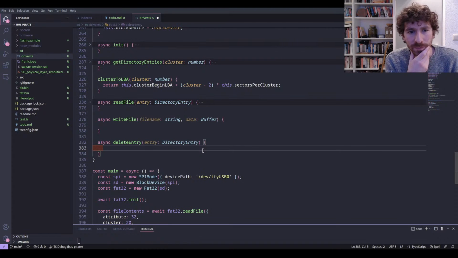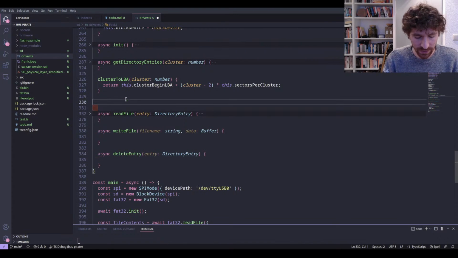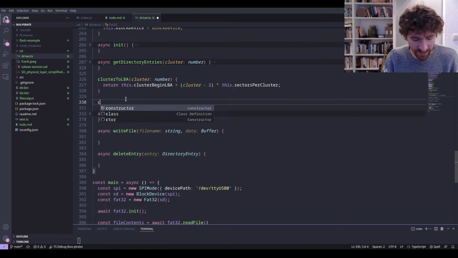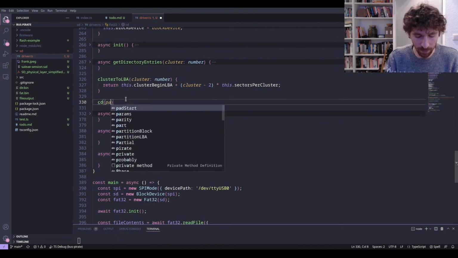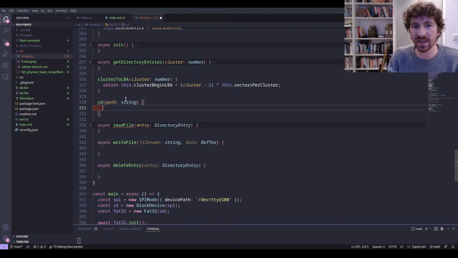I'm not sure if I'm going to do more videos in this FAT32 series itself, or the SD card part, because I feel like anything else is just going to be tuning it up and making it nicer, writing these nice APIs like change directory, setting a path and having the path be a string, and doing all of that kind of stuff. And that is interesting, but